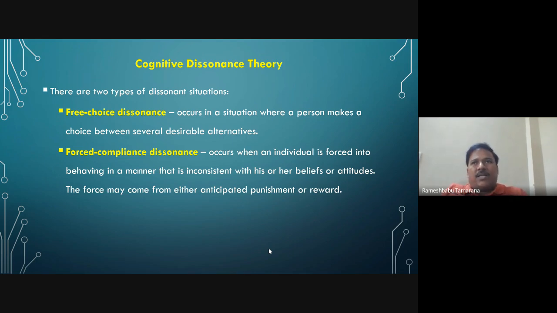So he tells her, I've been seeing X, but I like you, so I'm just not going to see X. So probably he reduces the dissonance. But later he might feel very dissonant, because he has liked both the women. That is what Leon Festinger says: in free choice dissonance, where we like both the choices but for some reason have decided not to go with the other choice, later we might feel the dissonance. So in order to reduce the dissonance,